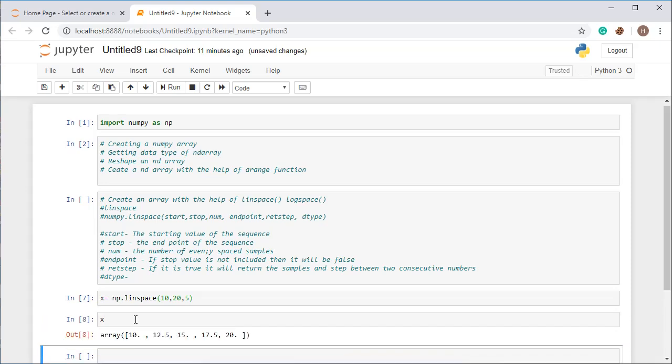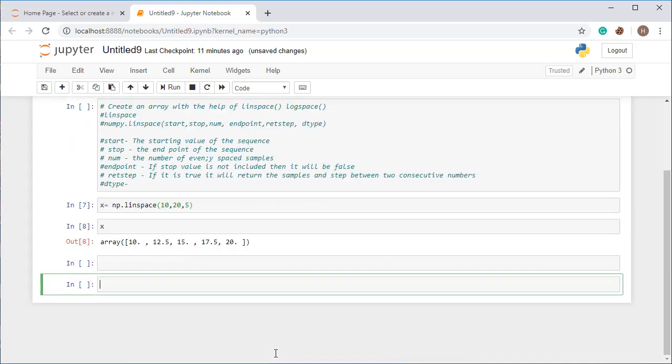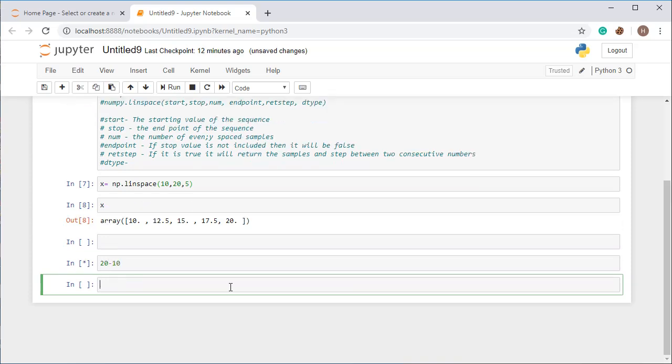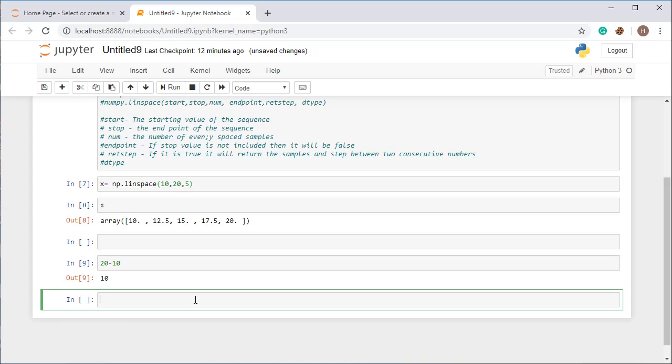Then it will create an array of 5 different numbers between 10 and 20, and all the numbers are equally distant, meaning it takes the start point and end point and distributes accordingly.